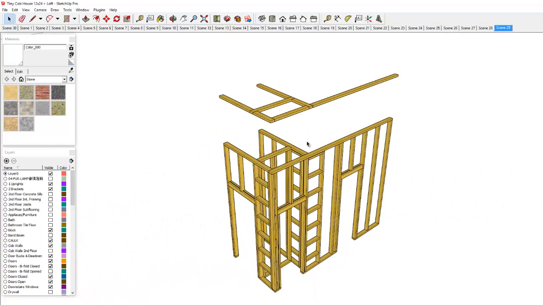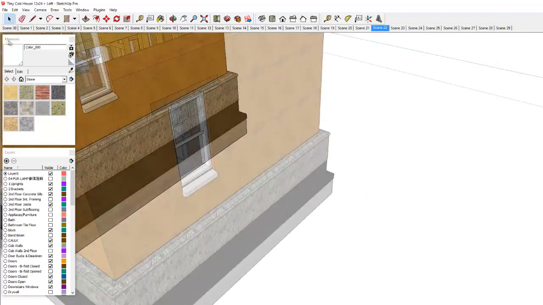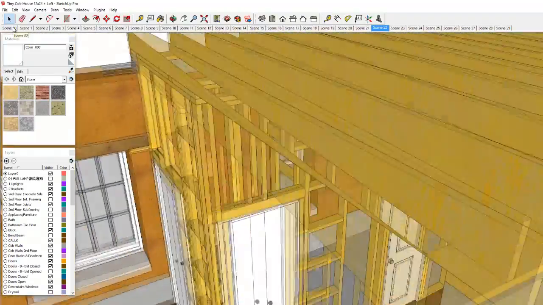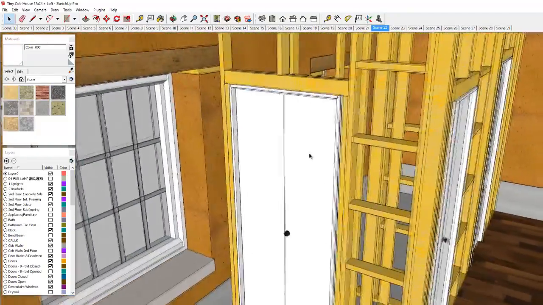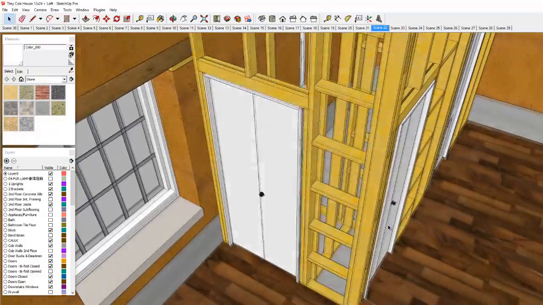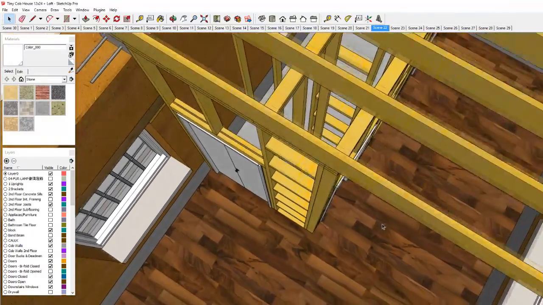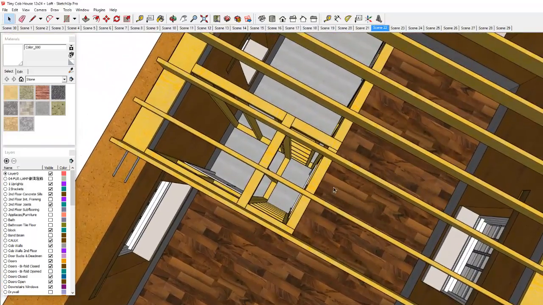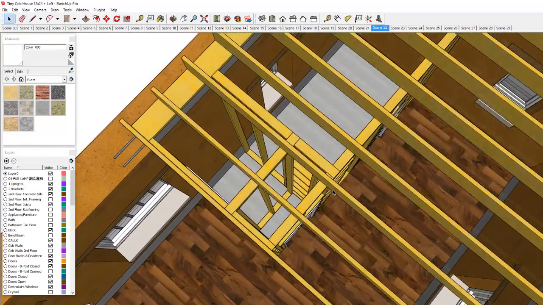And there's some framing diagrams here for the bathroom. Actually, let me give you a better view of that. So you can see all the framing that goes in the interior of the building. And in a lot of cases, I like to use some conventional stick frame on the interior of buildings